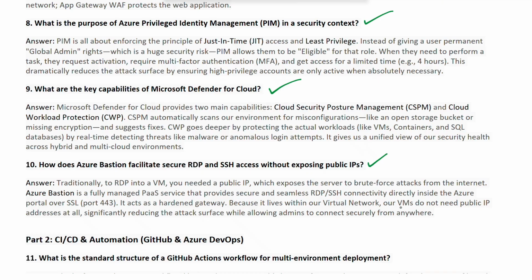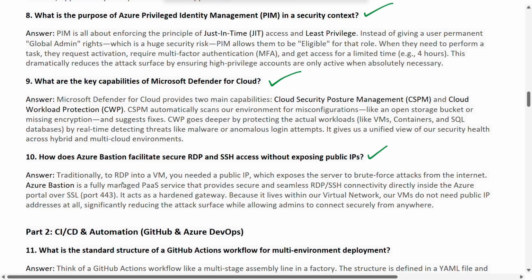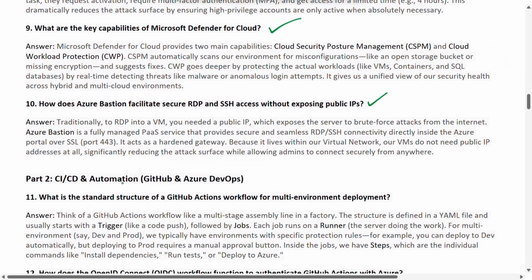So here the virtual machines do not need a public address at all, and do not need to be exposed. And significantly, it reduces the attack surface while allowing the admins to connect securely from anywhere. So this is how Azure Bastion facilitates secure RDP as well as SSH access without exposing the public IP address.